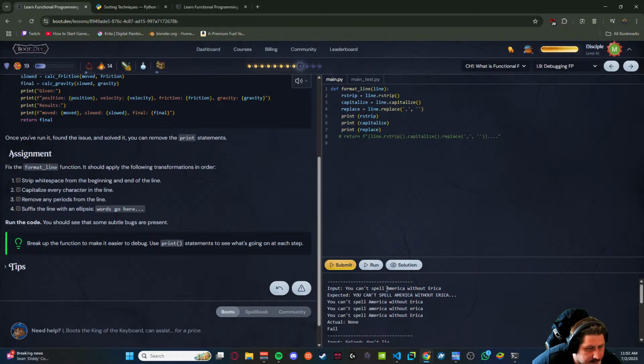You can't spell America without Erica. R strip does exactly that. Looks the exact same. Okay, capitalize just has the first letter capitalized. And replace does nothing as well.